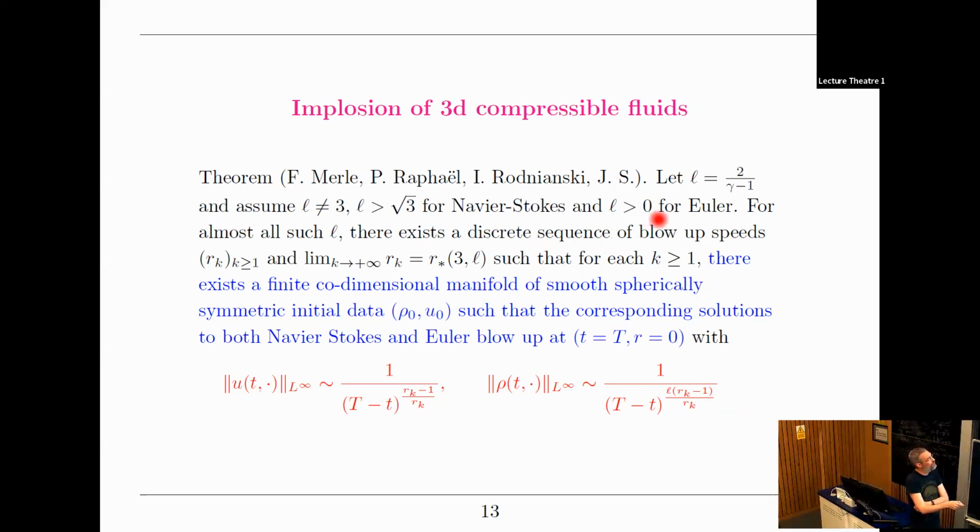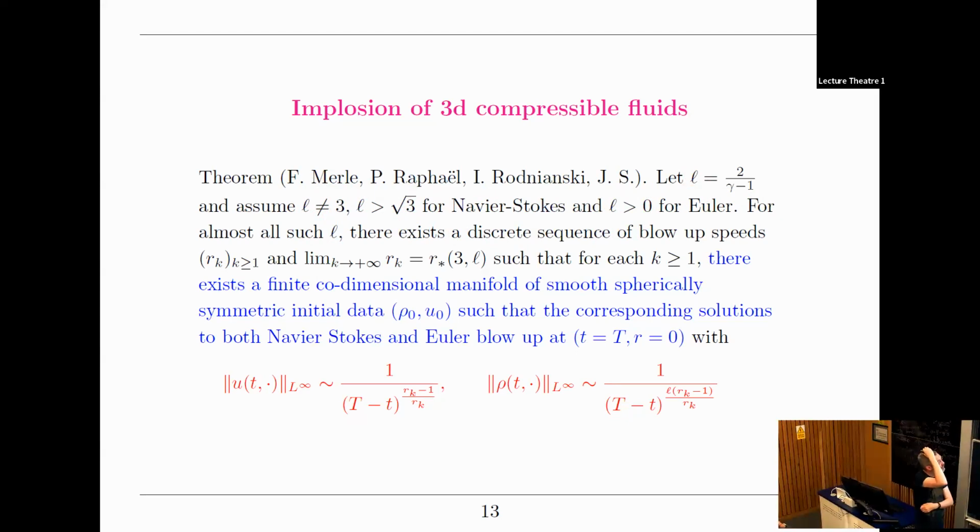Okay, here let me maybe explain the notation because I'm going to use it. In order to make things consistent between Navier-Stokes and NLS, we always have this parameter R, which scales like the inverse power of the nonlinearity. And here I'm going to assume that L is different from 3, and I'm going to explain later why you have to assume this. This is a special case. This is a degenerate case, and in fact, it's a physically relevant case, but I'll explain later. For now, let me mention that for Navier-Stokes, you have the further restriction that L is strictly larger than square root of 3, while for Euler, any strictly positive L works.